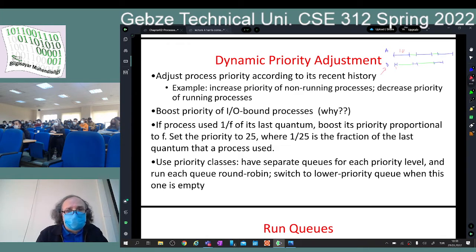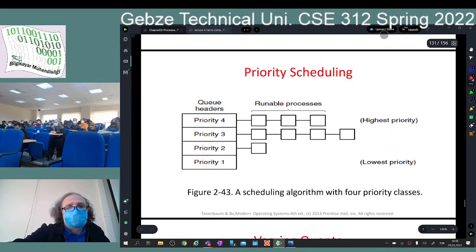Okay, but the thing is that if I started changing the priorities one by one for all processes, and as you know there might be more than 1,000 processes running on my computer, that's going to be lots of tasks, lots of things to do for the operating system. That will make our scheduling a little bit slow. If the scheduling is slow, the whole computer slows down. Why? Because every time I make a decision, I am running a very complicated algorithm, etc. So they have invented these run queues.